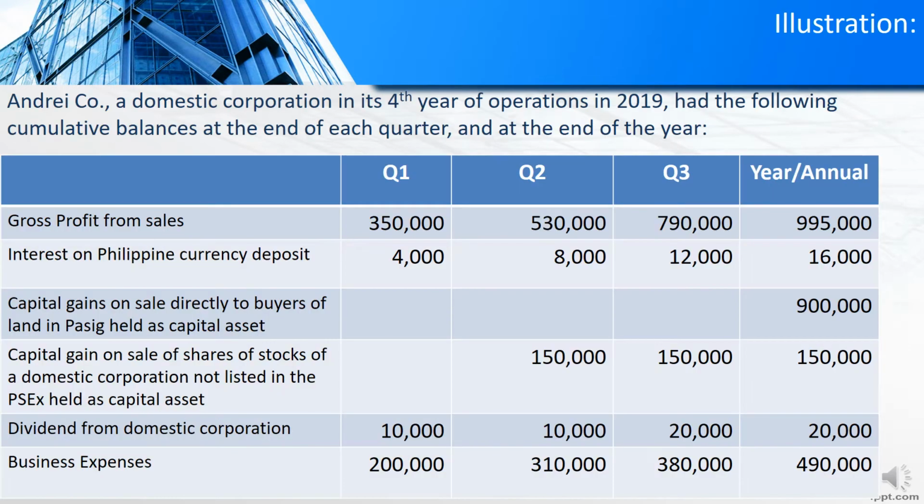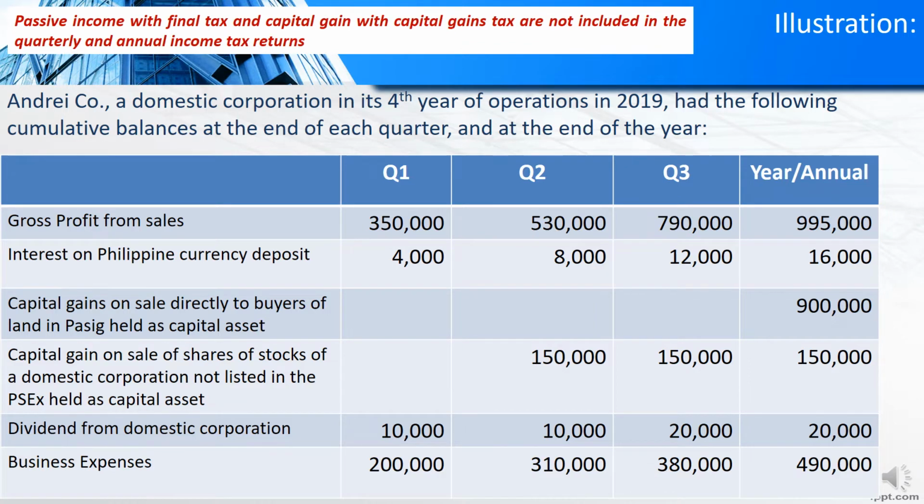Let's have an illustration. Andre Company, a domestic corporation in its fourth year of operation in 2019, had the following cumulative balances at the end of each quarter and at the end of the year. In the problem, there are different items of income and expenses, but please remember that only those incomes subject to the corporate income tax scheme will be included in the quarterly and annual income tax returns. Passive income with final tax and capital gain with capital gains tax are not included in the quarterly and annual